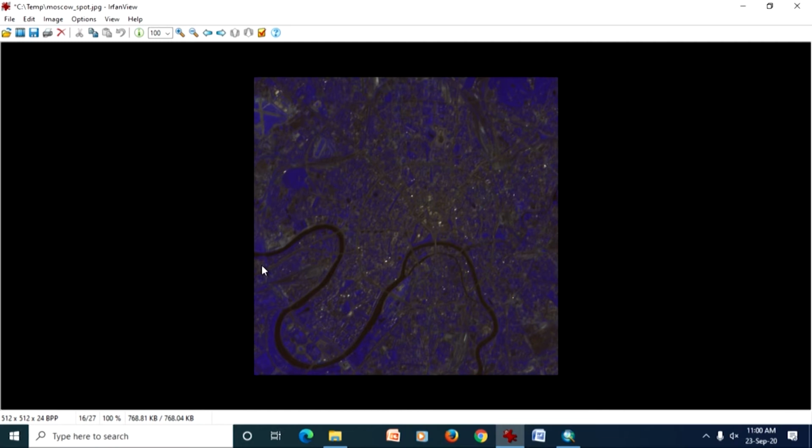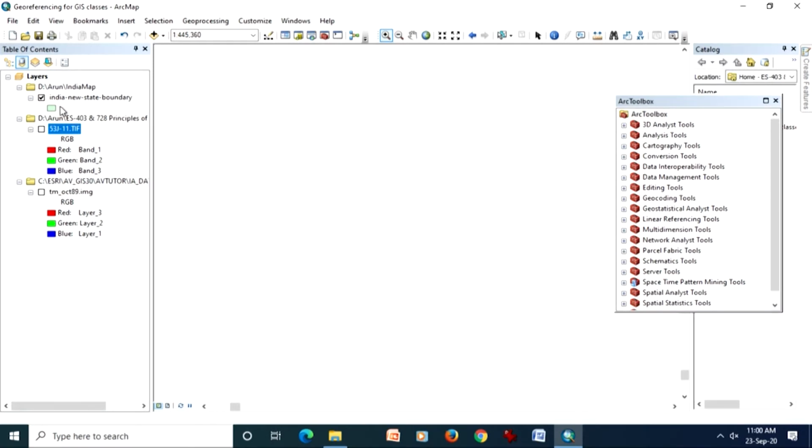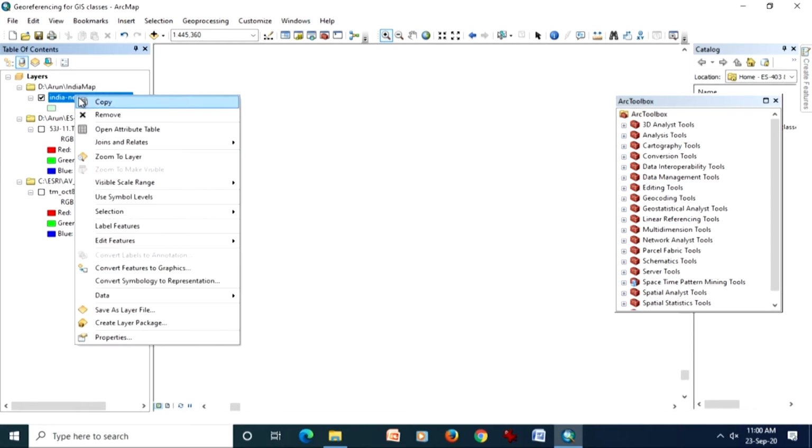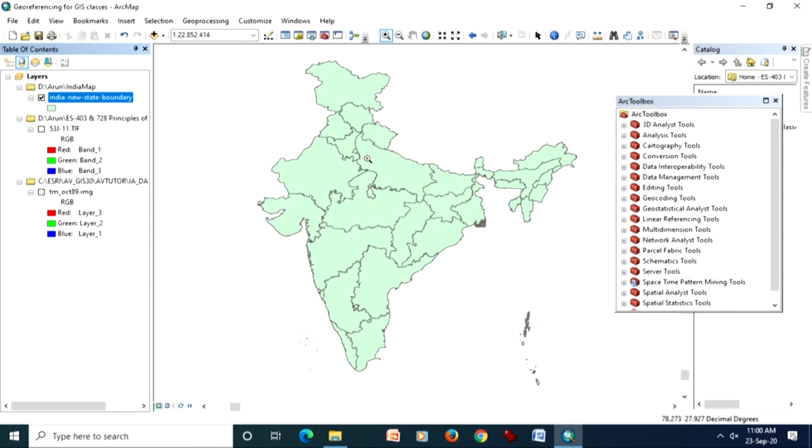Now, I come to the next demo, and that is georeferencing. For georeferencing, what I would suggest, before doing georeferencing, the first thing one should do is bring in the background any already georeferenced map. For example, here I have state boundaries.